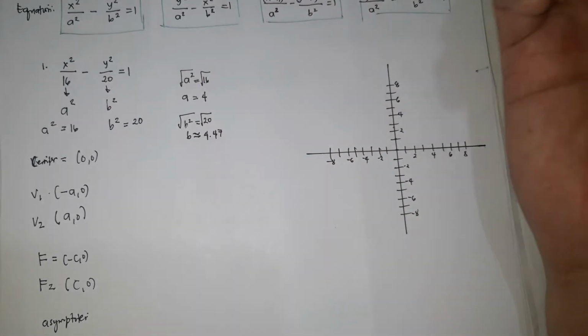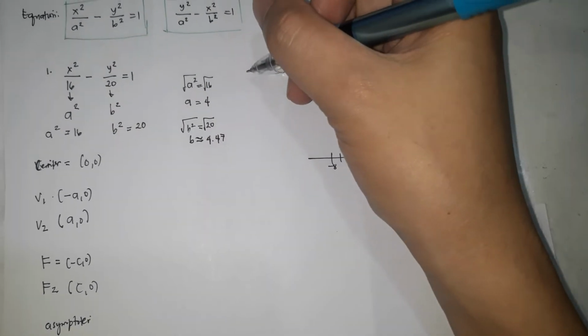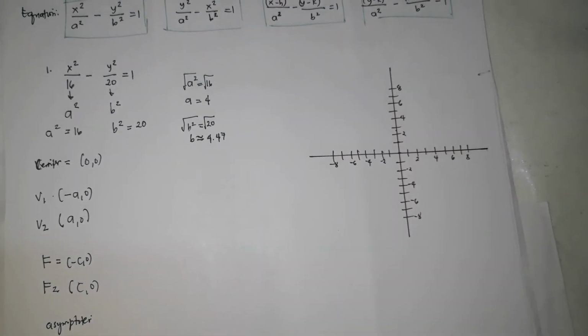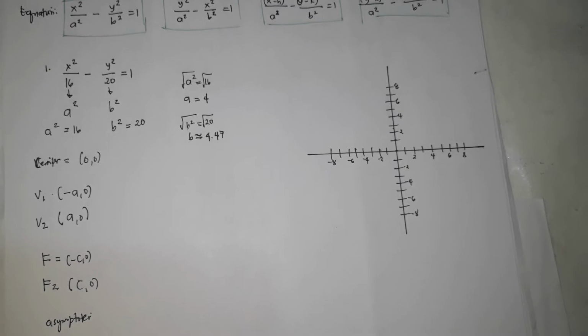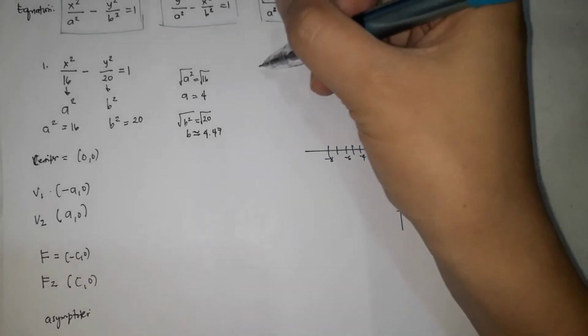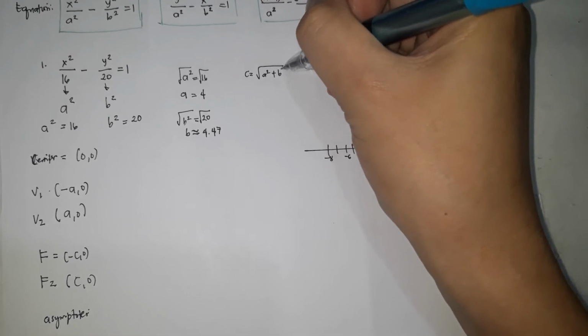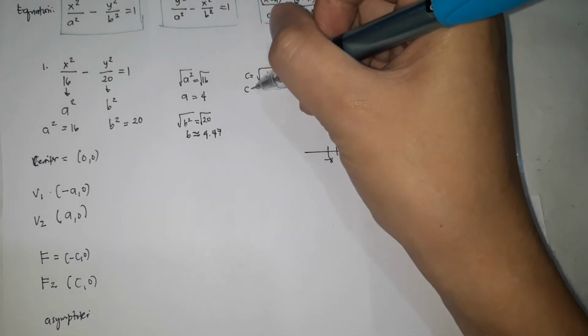So next, kailangan natin malaman si C. Paano natin malalaman si C? The formula for finding C is C is equal to square root of a squared plus b squared. So C is equal to,